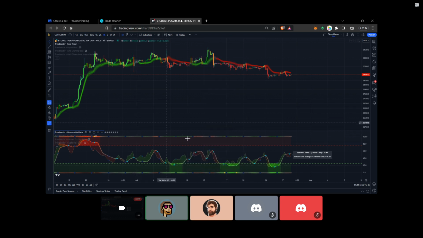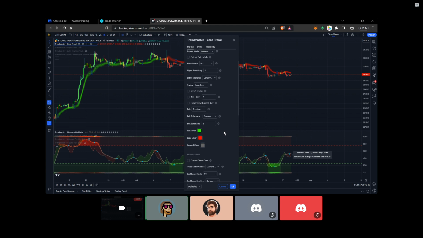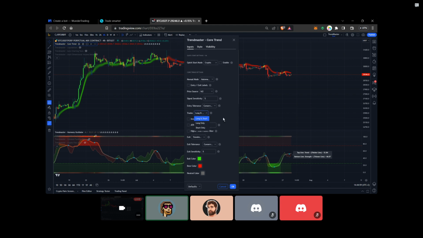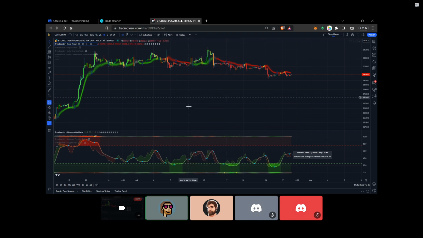But what you could do here is something very similar. You could set up Core Trend as your entry signal, so you could go onto these trades, set them to long only, and then down here in the entry alerts and exit alerts for short trades, you could just leave those blank. And then what you could do is, on Harmony Oscillator, or on a number of our different indicators, if you were to just right click